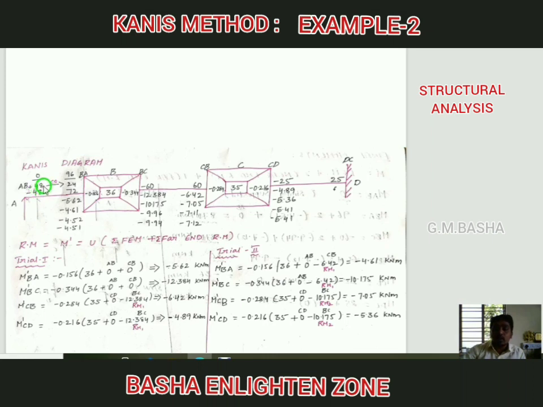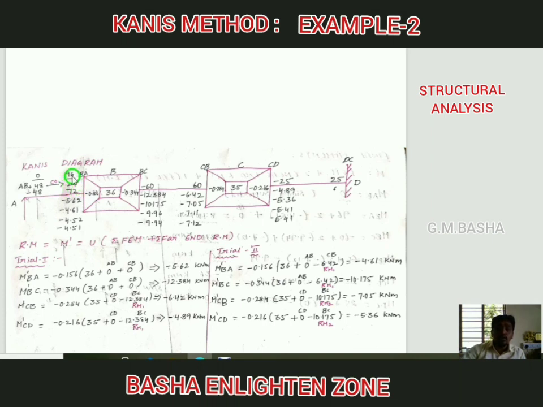After that, whatever value you take here, you please carry over to its far end. So how much do we have to carry? Only half of the moment will be carried to its far end. So 48 means 48 by 2, that will be equal to 24. Then already in BA there is the fixed moment 72. So you add the 24 you get after balancing.